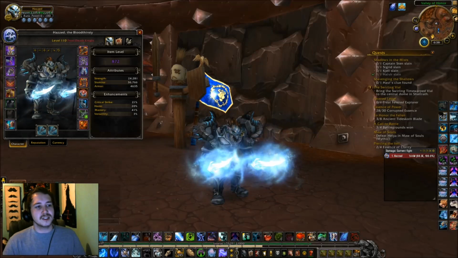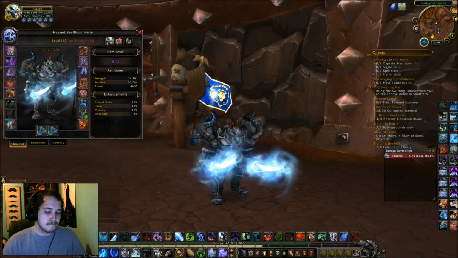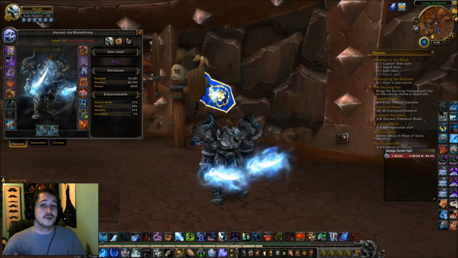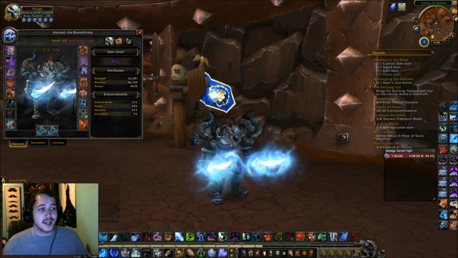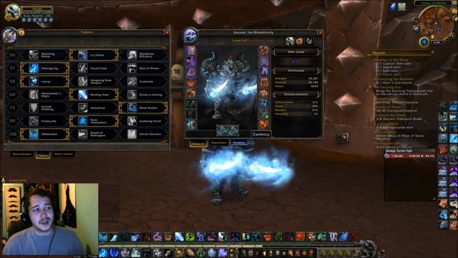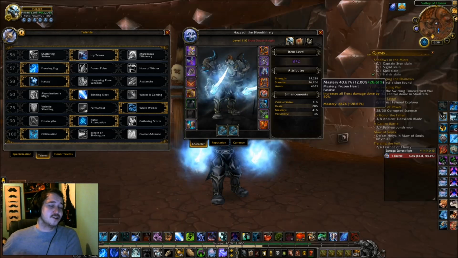Now, would I suggest changing out gear to reach these? It may be a good idea if you're planning on playing this specific spec, because this specific spec only works under certain stat thresholds. If you've got like 10% haste, I don't think this build is going to cause you to do more DPS than if you took Frost Scythe and had more of a larger mastery build. So